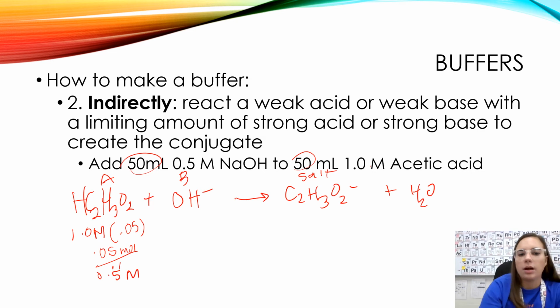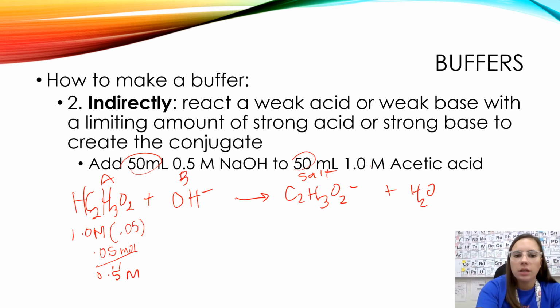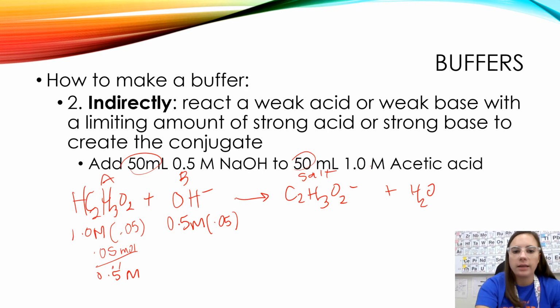0.5 molar acetic acid, I'm sorry. So then I added 0.5 molar of hydroxide, 50 milliliters of it, which is 0.05 liters. So I multiply that and I get